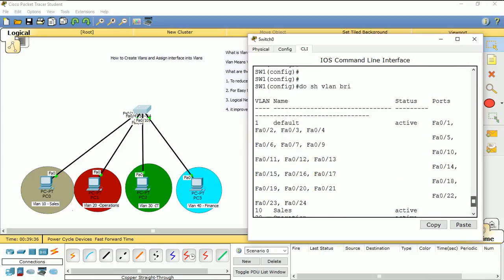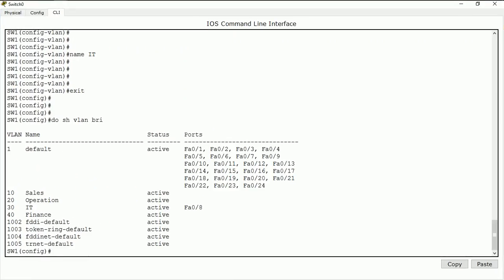Now VLAN 1 is our default VLAN. It's also considered our management VLAN. So that means if I'm in VLAN 1, I can't reach VLAN IT, because my interface is still in VLAN 1. So I need to take my interface off VLAN 1 and bring it into VLAN 10. So to do that, I do